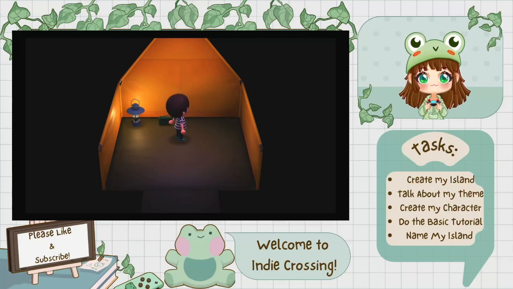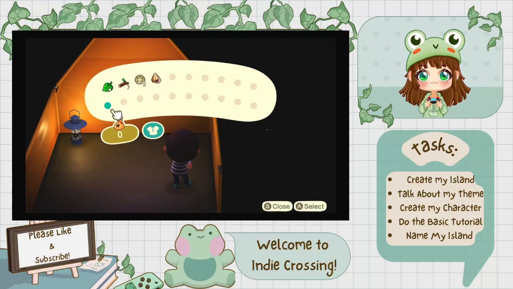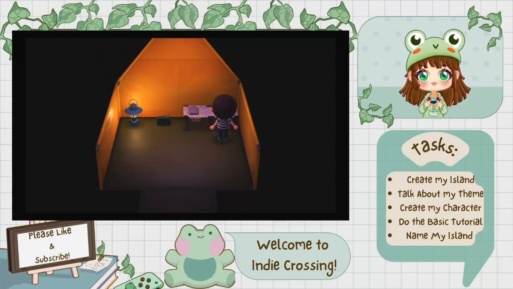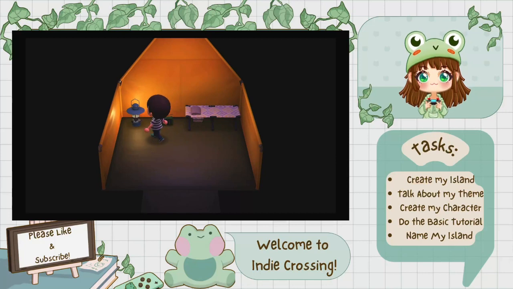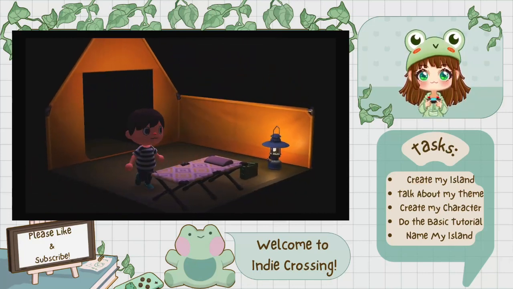I got the green radio and the light blue lantern. And I got my favorite cot. I don't like the color of the radio, but I like the color a whole lot of the lantern and the cot. This is definitely my favorite cot.